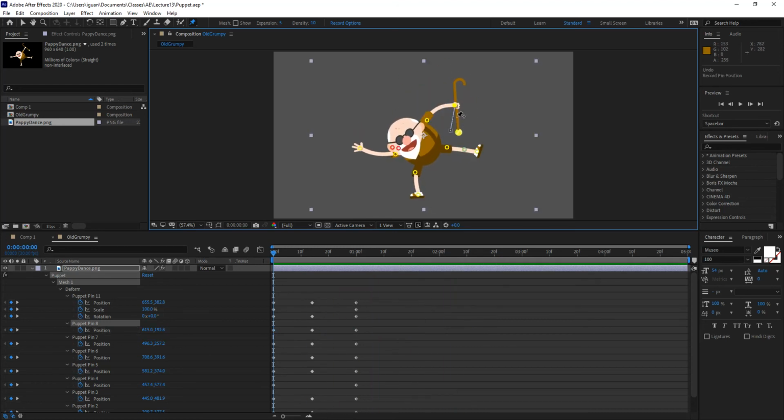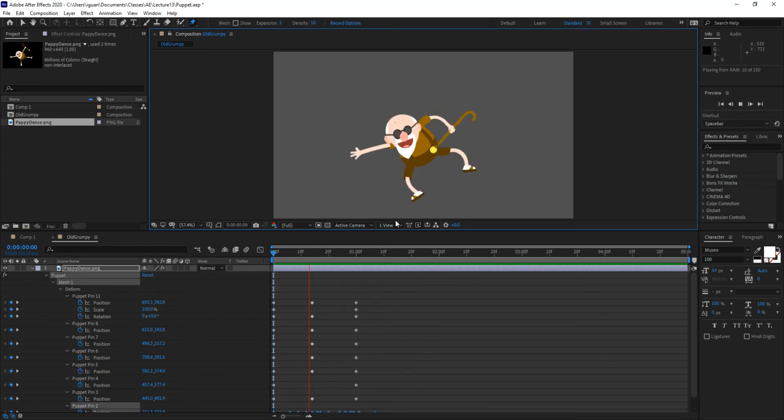So basically, let me actually do this again. A little bit more elastic. So be careful when capturing with this. Let me undo that again. Press Control on the keyboard, and let's do this one instead. So that's now that guy's waving with that arm. Okay. So as long as you press Control, basically you're capturing, and it will keep on capturing as long as you have composition. So if I keep on going all the way to the 5 second mark, it's going to keep